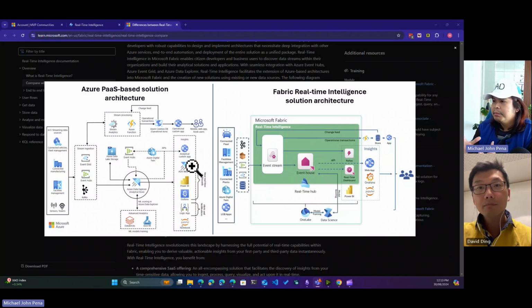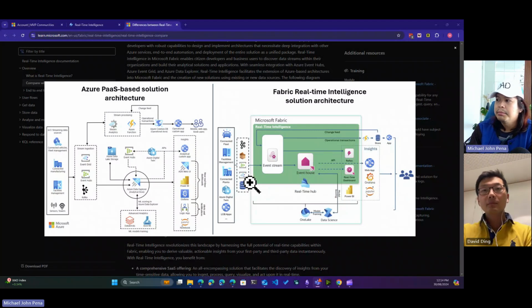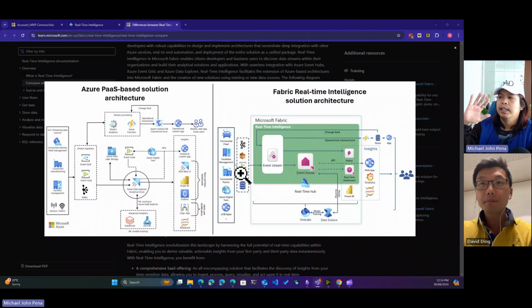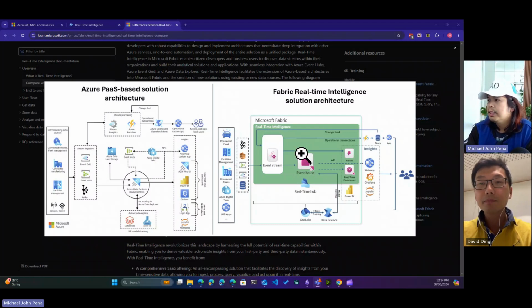Now that's where it's a bit disconnected in the Azure land, wherein you have different tooling to work on. You have to use different resources for that, and that's where the power in Fabric is: it just becomes much more connected. You can have as many of these ingestion sources as possible, right? Put them into an event stream, and then create an event house. Okay, I will go into much more detail later on about what an event house is.